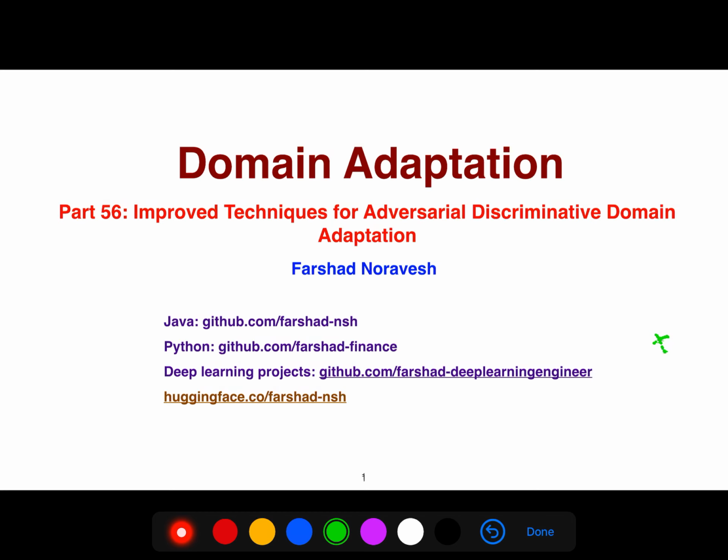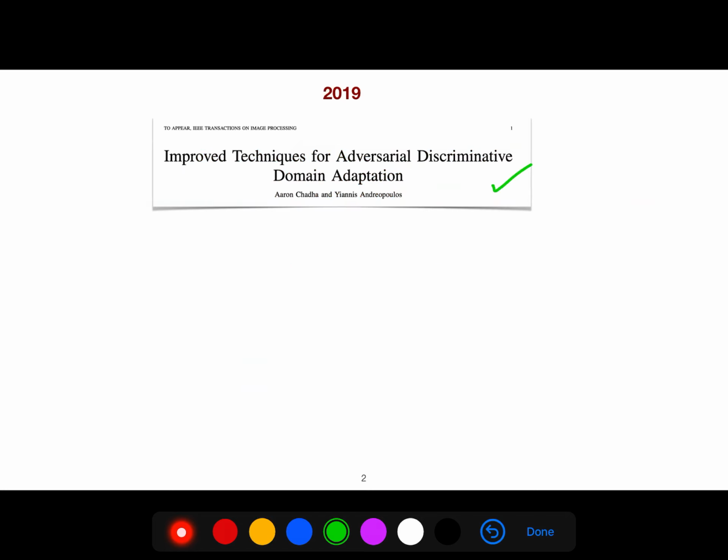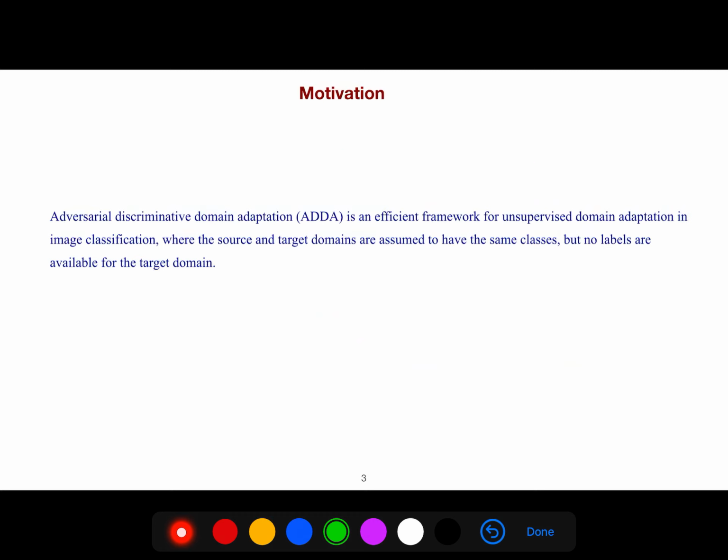Alright, so in this video I'm going to be explaining another important article which has the title Improved Techniques for Adversarial Discriminative Domain Adaptation. As you see, the method is still an adversarial approach, but it is an improved technique in this paper from 2019. So adversarial discriminative domain adaptation is an efficient framework for unsupervised domain adaptation